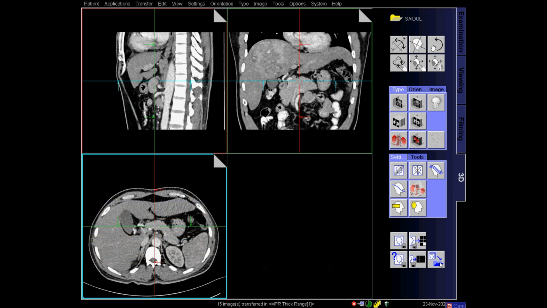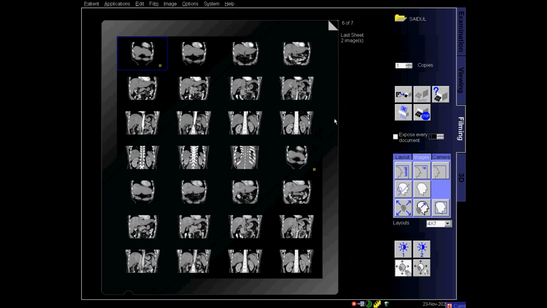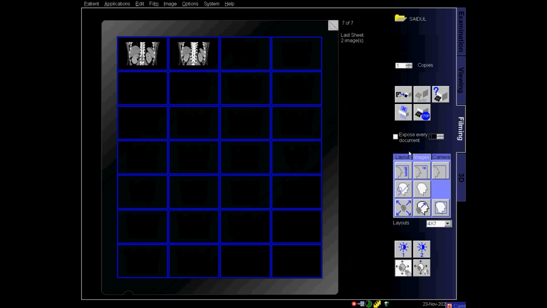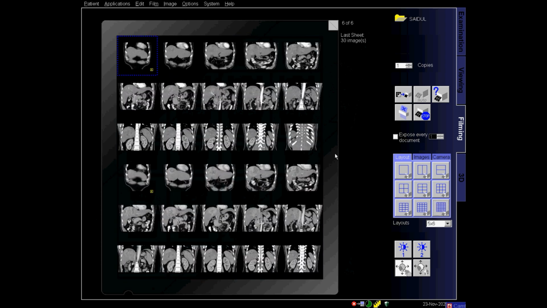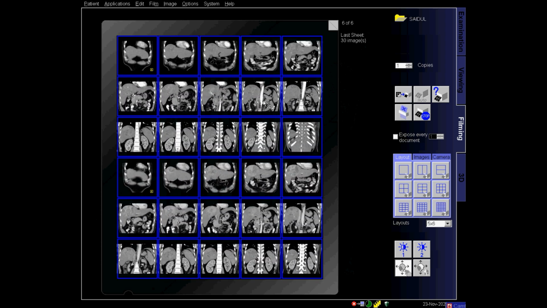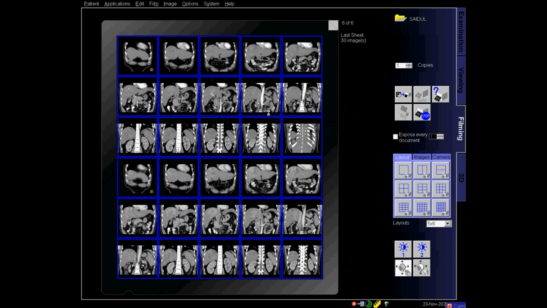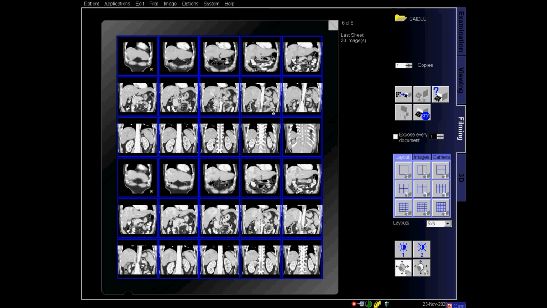So now I am filming, there are 30 images, 15 arterial phase coronal and 15 portal venous phase coronal, and now I will adjust these 30 images. So this is the last film that I am preparing.